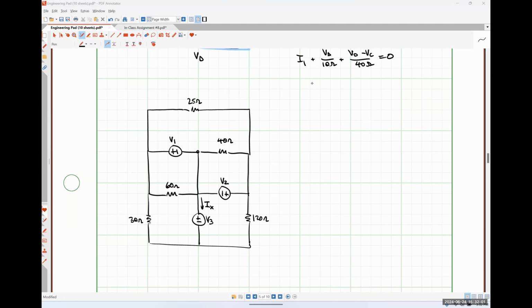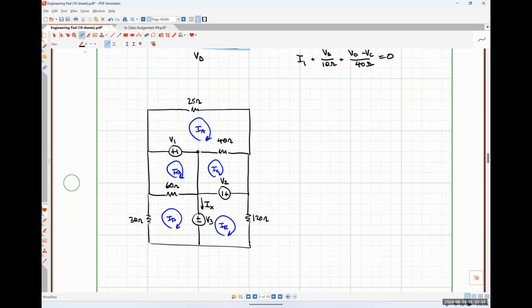So let's work on mesh first, right? I'm going to call this guy up top my mesh current IA, B, C, D, and E. There are no current sources. There are no dependent sources, so I can literally just jump straight ahead to writing my KVL